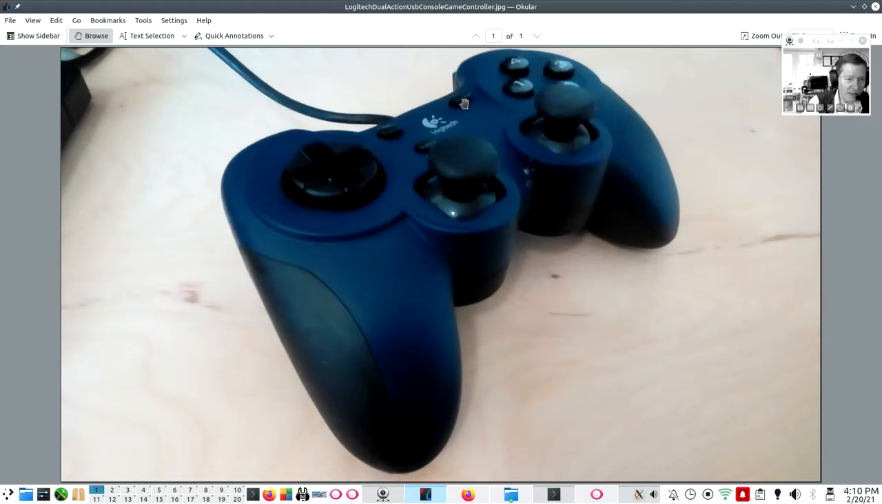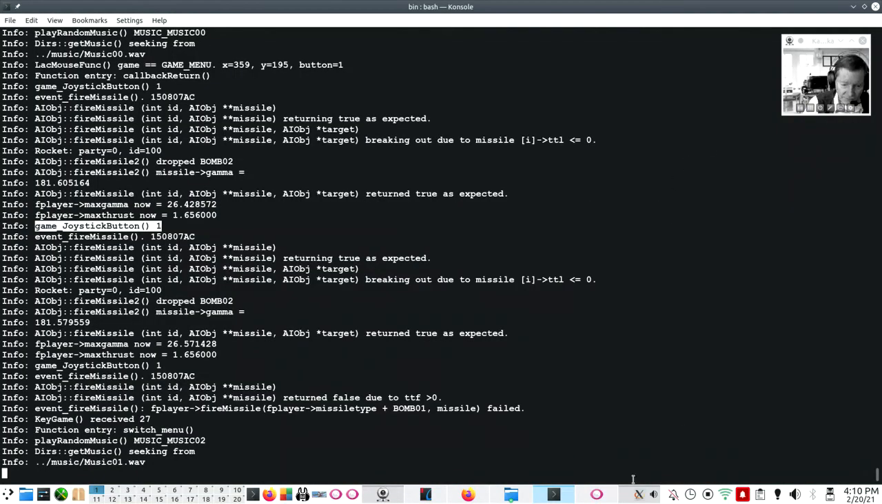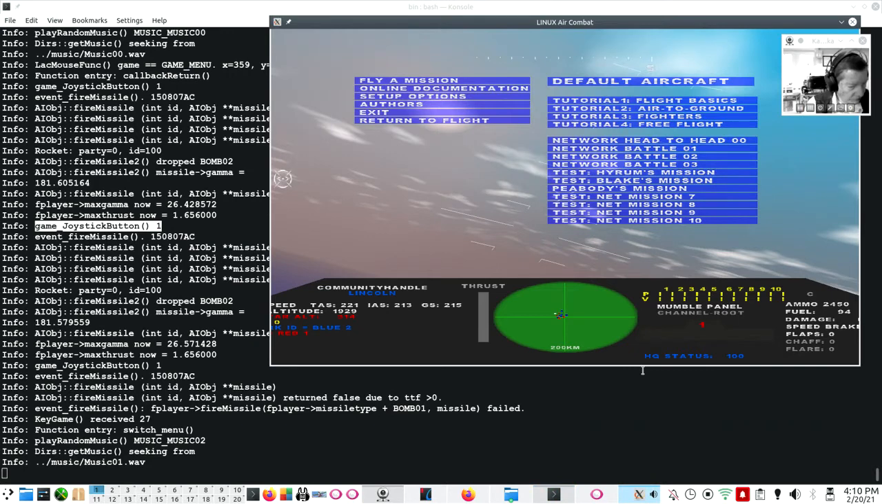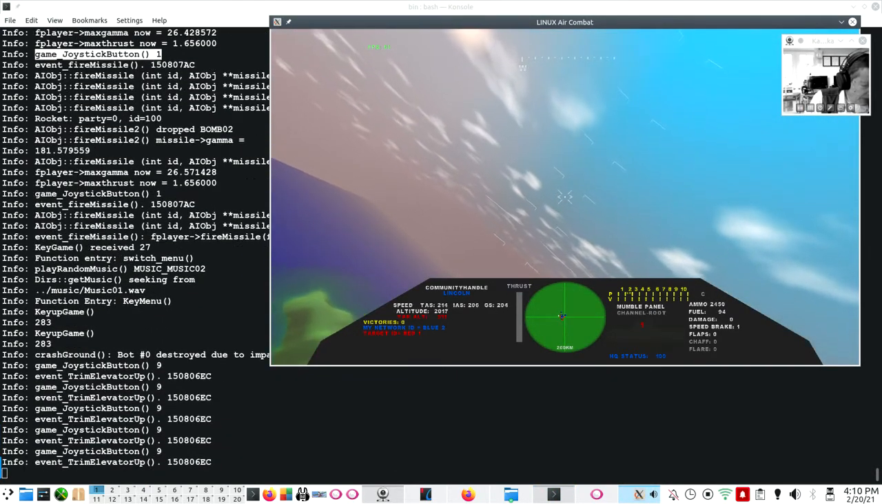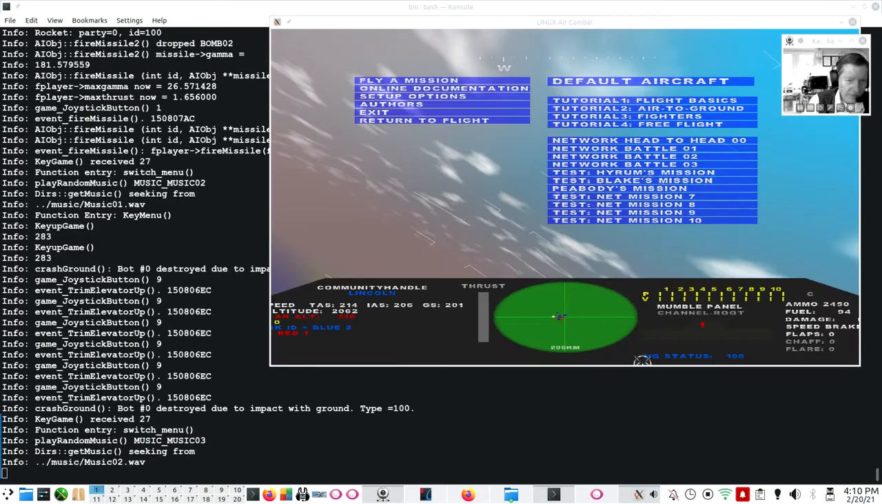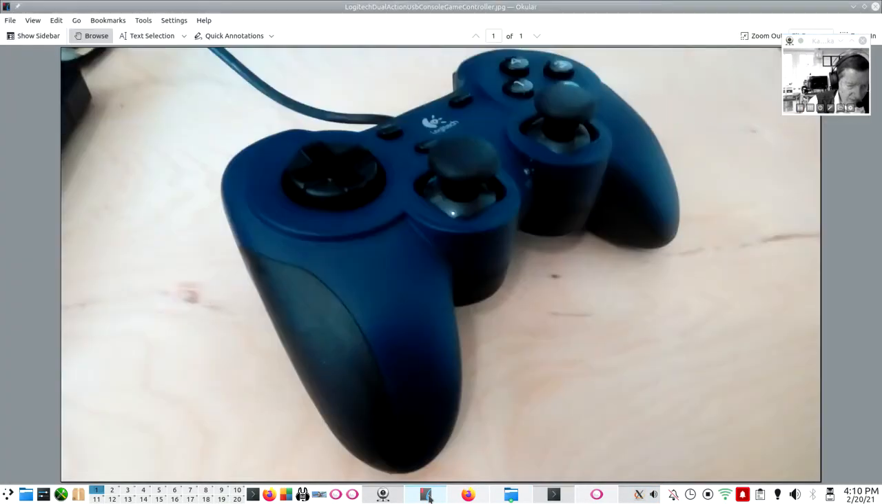I'll use that for target, select next target. So I'm going to return to flight and press that button, and that looks like it's joystick button 9. See the 9 over there in the lower left corner? So I would go back to this picture on my printout, and right here I'd write a 9 on the